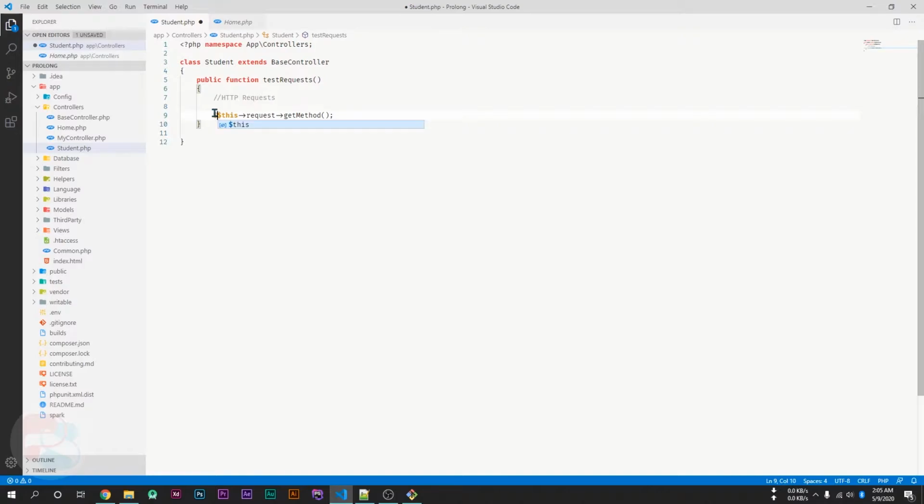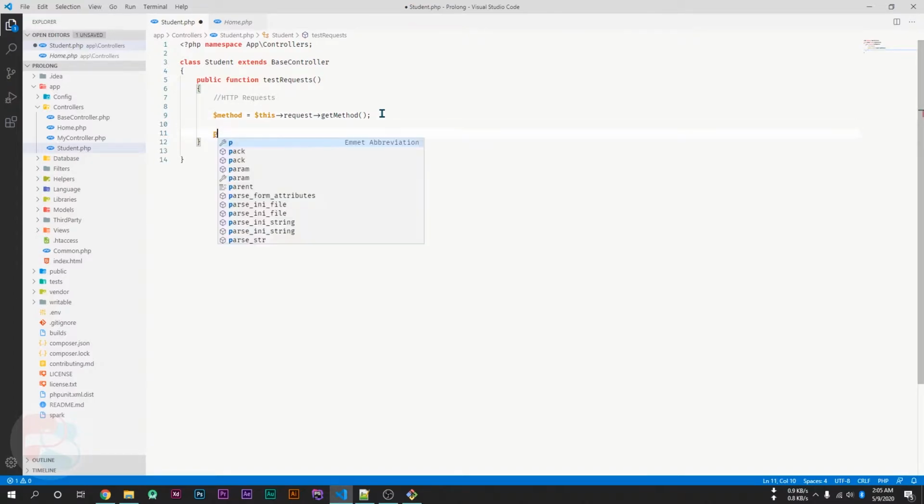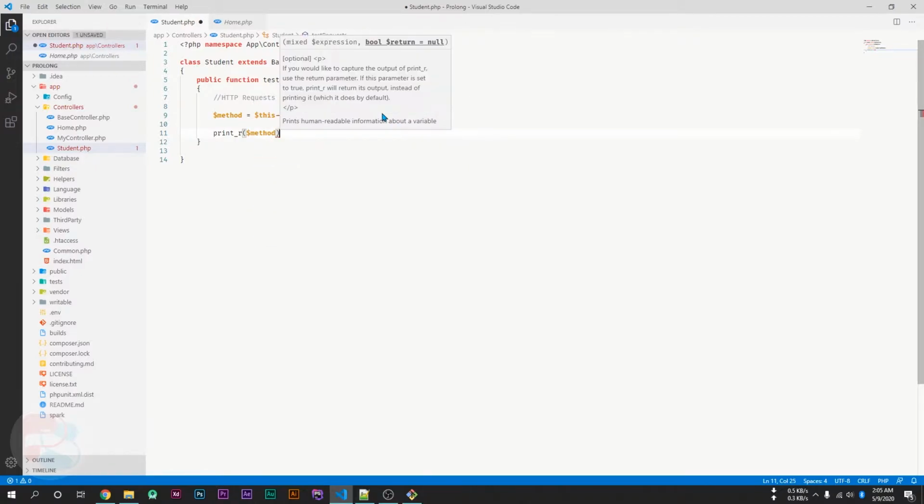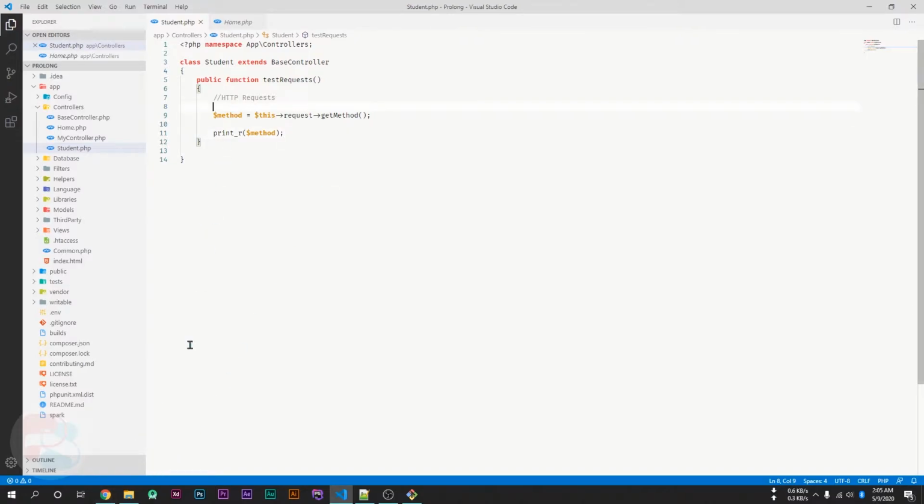So let's save its value in a variable and print this value. Now let's check what's the value of this method. The value is get. If we work with the post method, then we will get post here.